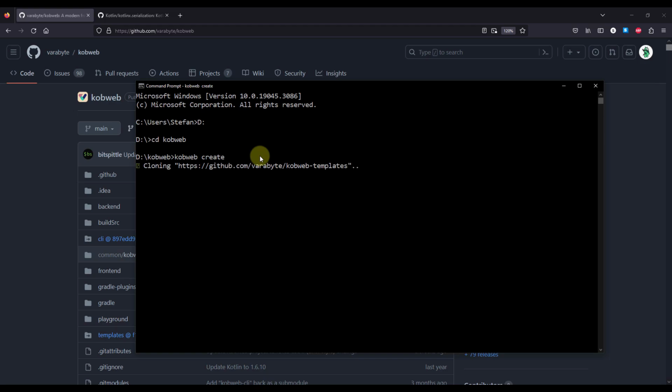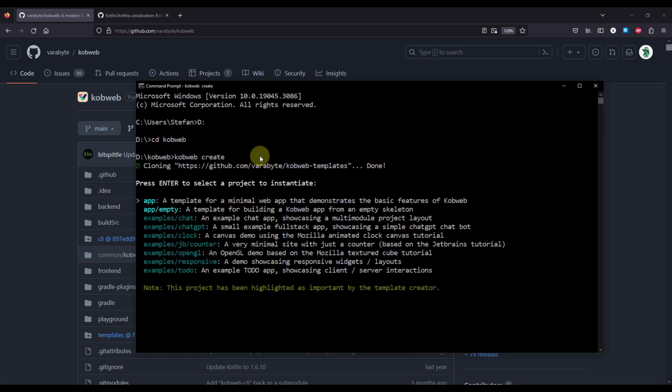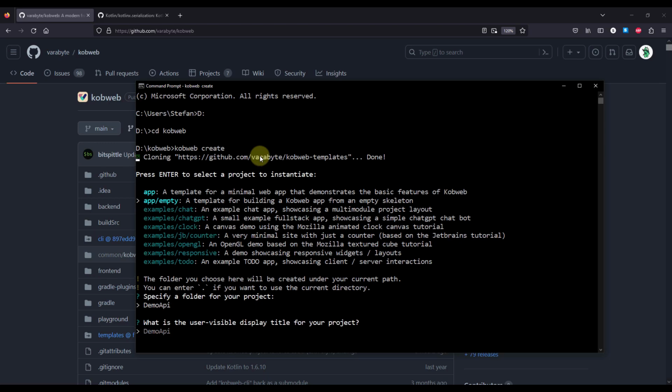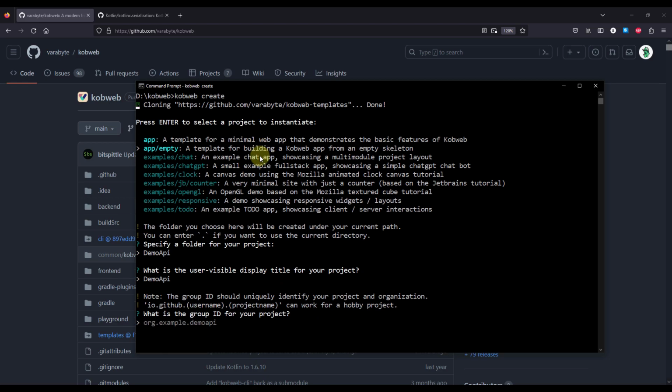This command will allow us to basically clone one of those templates from Kobweb. There are quite a few different templates that we can choose. In this case, I'm going to go to this empty one. So select the one that you like and press enter. Next, we need to specify a folder name for our project. In this case, I'm going to write demo API. We can also specify the title, so the same one, demo API. The next one, we can specify the group ID for our project. For example,